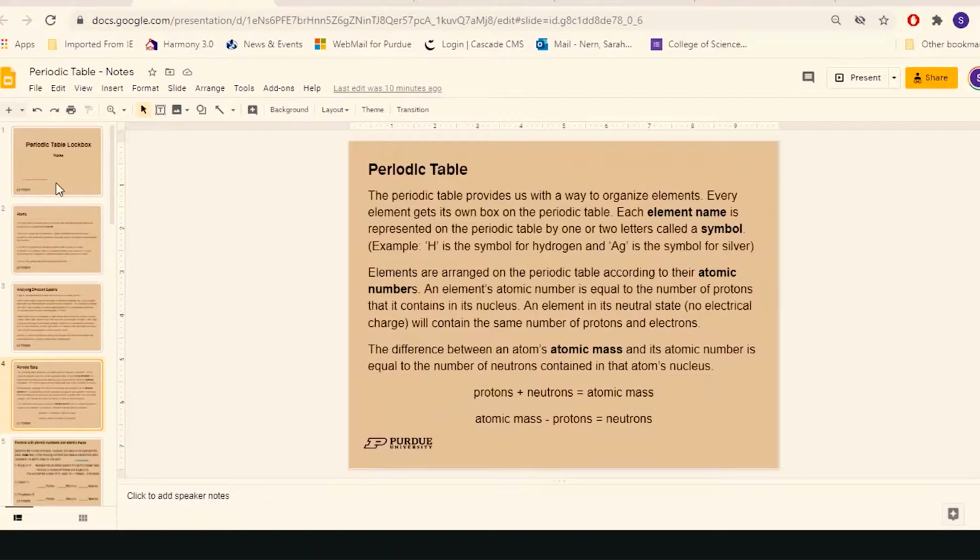And this slide just talks about how the periodic table gives us a way to organize elements. Each element name is represented on the periodic table by one or two letters called a symbol. And we have a whole bunch of information. We have the name, the symbol, atomic mass, and atomic number for each element in its own box, all there